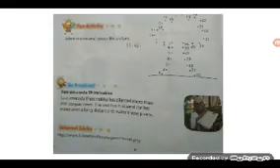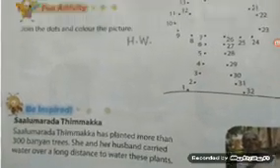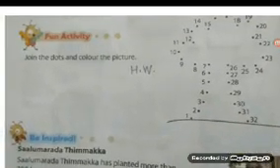Now let us go to the lower part of this page number 6. Now children, see here, numbers are given. Join the dots and color the picture. While joining, you need to start from number 1 and after that you have to join the numbers serially. Okay, let us see what you get. Enjoy this activity. This you can do when you get your textbook. And I have written H.W. H.W. means homework. So you have to do it at home and show it to your parents.